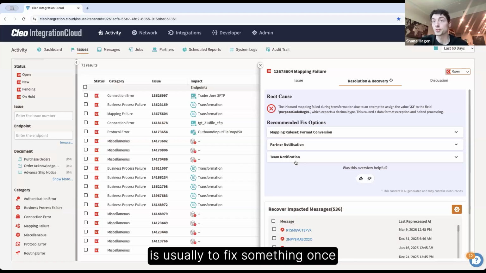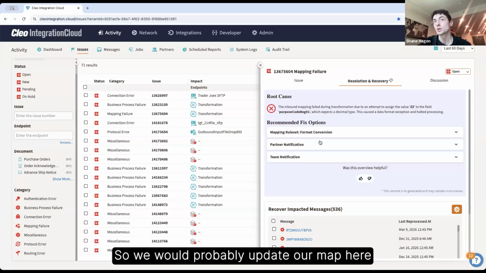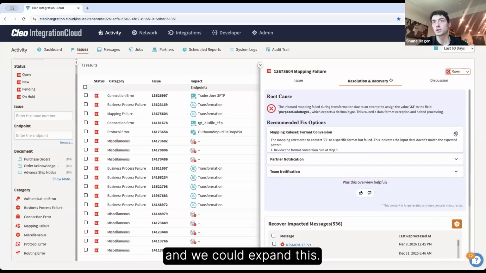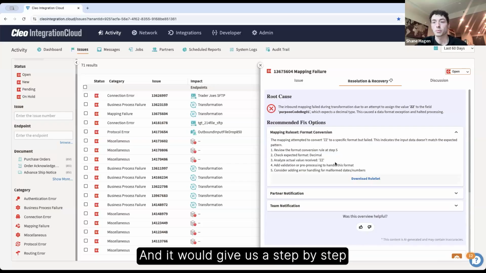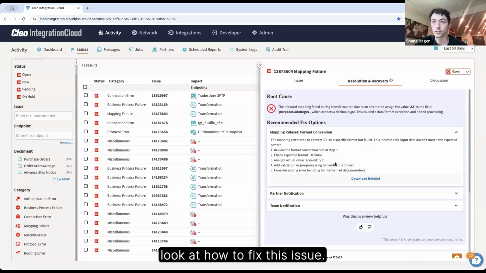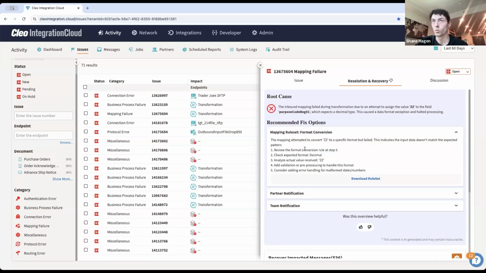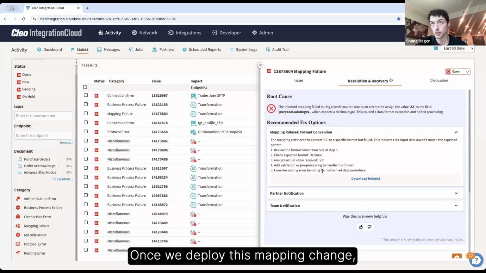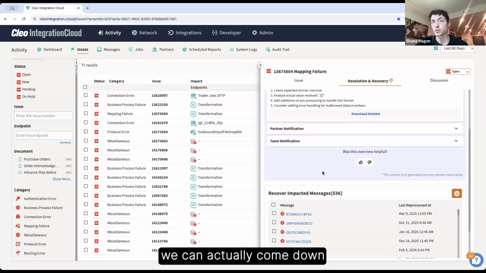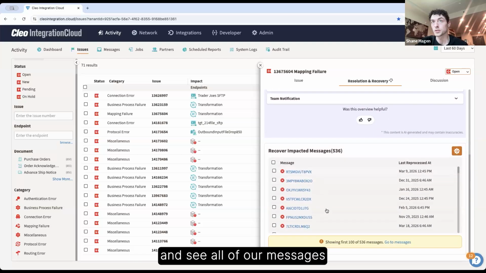But best practice is usually to fix something once so that the next time it happens, it doesn't break things again. So we would probably update our map here, and we could expand this, and it would give us a step-by-step look at how to fix this issue. Once we deploy this mapping change, we can actually come down to the bottom here and see all of our messages that are impacted by this issue.